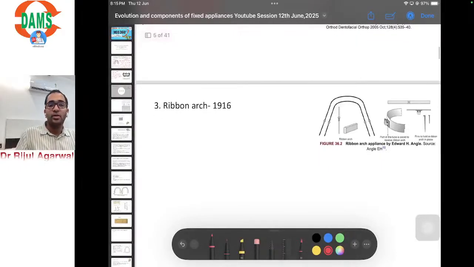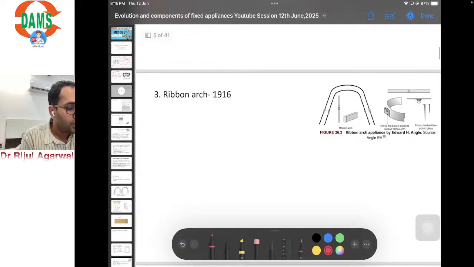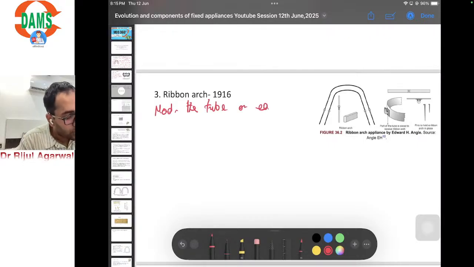Next came the ribbon arch appliance. The disadvantage I have already mentioned: the amount of time it took per appointment to correct the position of the teeth. To reduce the chair side time, Angle developed the ribbon arch appliance. The modification he made was to modify the tube on each tooth,